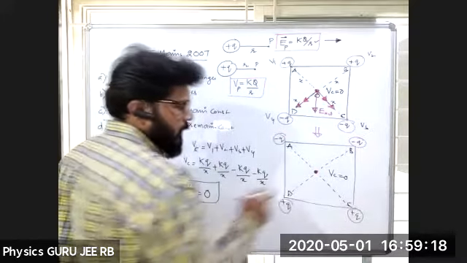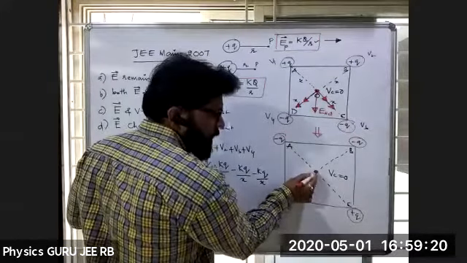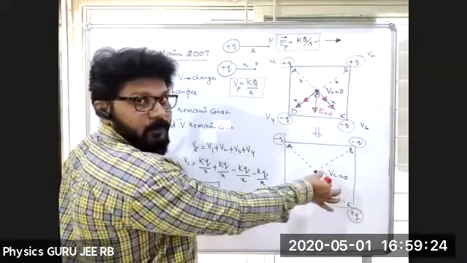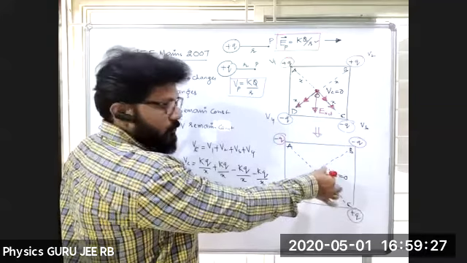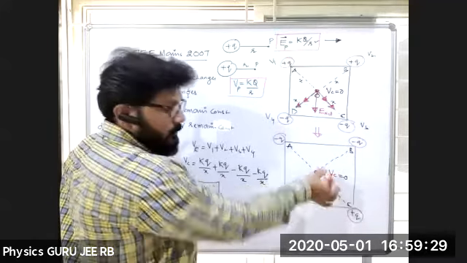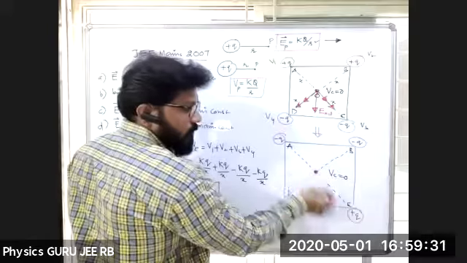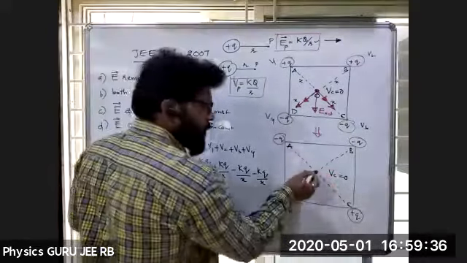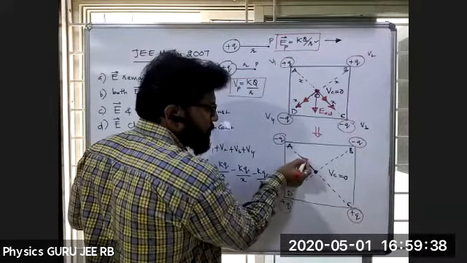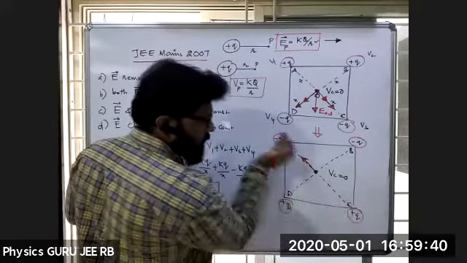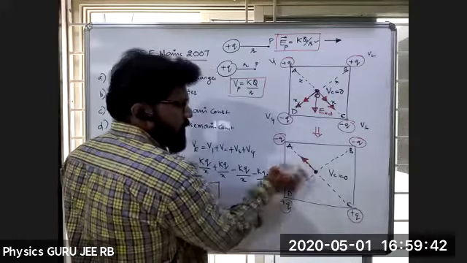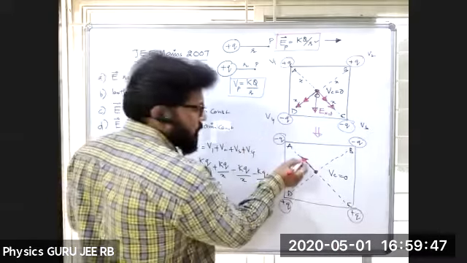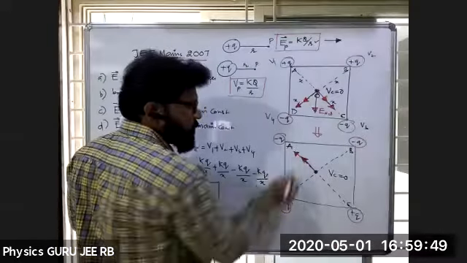Now coming to electric field intensity at this particular point, is it away or towards? Now look, all of you, away or towards? Carefully see and tell me. Yeah, this is a positive charge. For positive charge, away. See, it's nothing but away. This is a positive charge, away from it, right? Next, for negative charge, is it towards or away? For this negative, towards. That means this will be the direction of this.